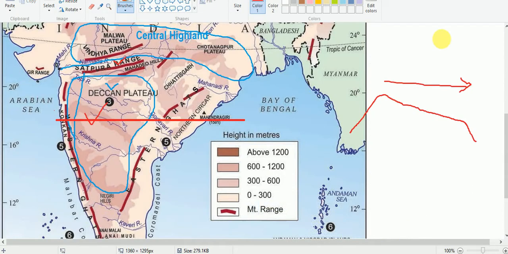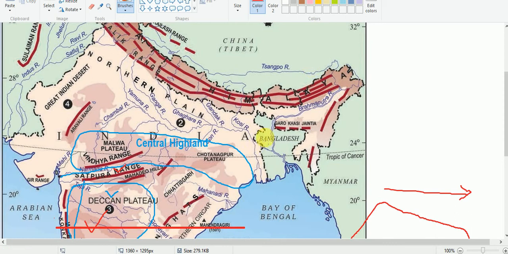So here, let us see this section, what I call Meghalaya Plateau, Karbi Anglong Plateau. This section is also a plateau, and this plateau was once part of the Peninsular Plateau. You must know that. Meghalaya Plateau, also known as the Shillong Plateau, was once a part of the Peninsular Plateau. What happened was that, see, here in this area, let us cut this section.